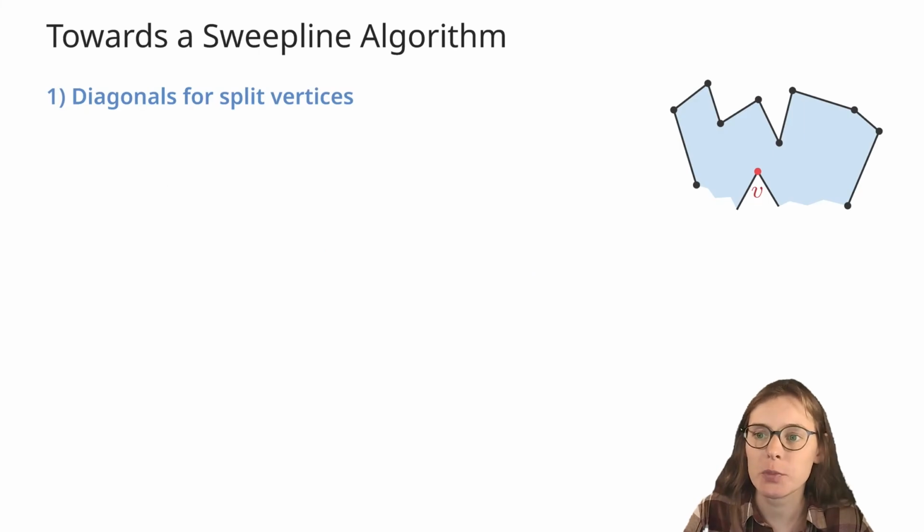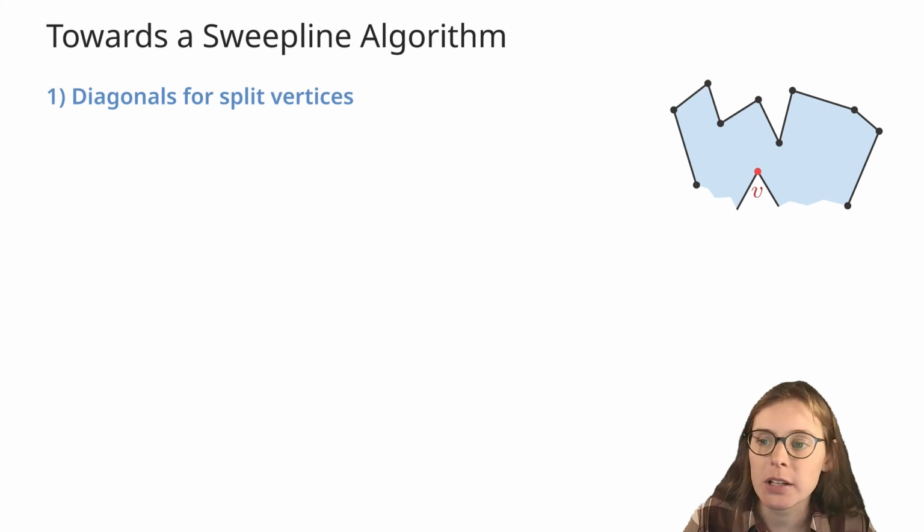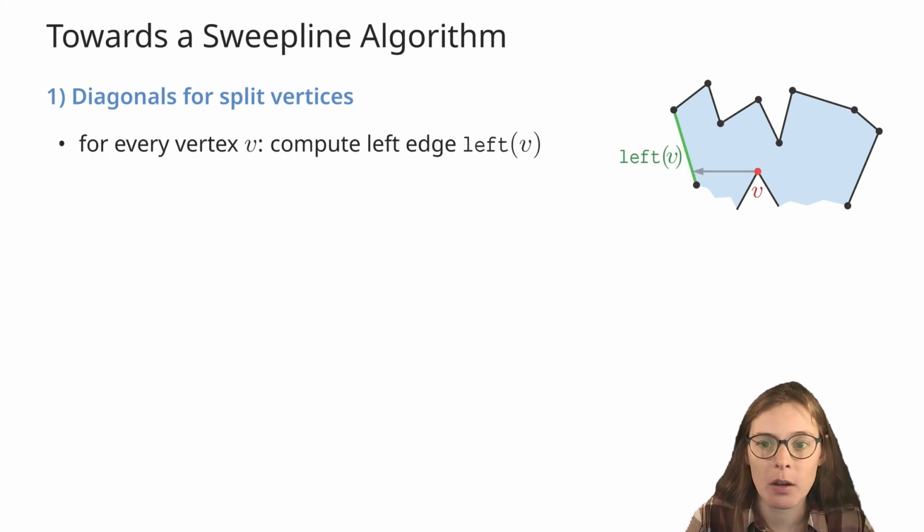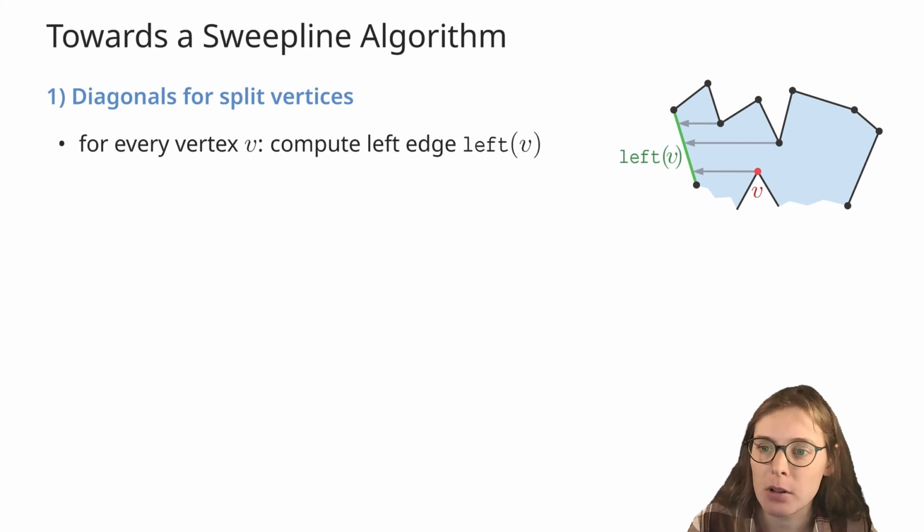We are ready to present the algorithm to partition a polygon into y-monotone components. First, we're going to see how to add diagonals to get rid of the split vertices. We are going to do the following. For each vertex V, we are going to compute the edge of the boundary of the polygon that lies to the left of V. For example, in the figure on the right, 3 points of the polygon point to the same edge